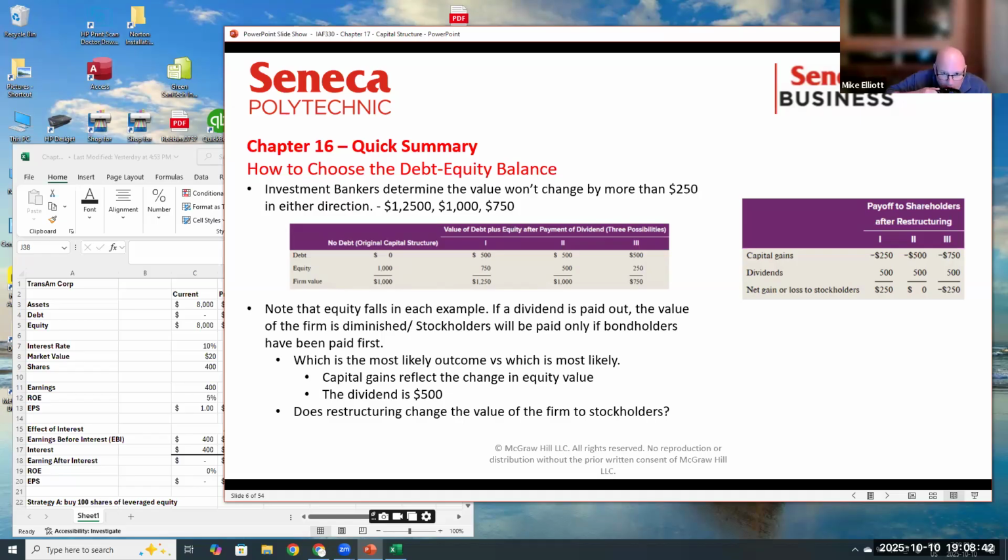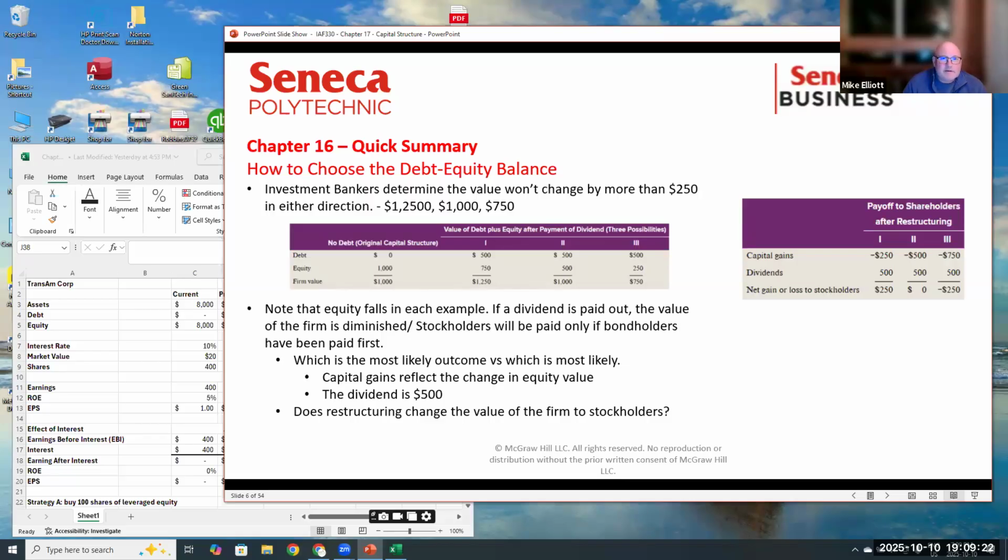Now either we're now worth $1,000 where we have the $500 in debt. We paid out $500 in dividends. So that had to come out of the ownership of the company. That's the only way you can do dividends, right? It has to be retained earnings. And if it's retained earnings, it is part of the value of the company. So when you issue dividends or pay dividends, you are paying out part of the value of the company. And when we issued our $500 in bonds, we paid out $500 in dividends, and that dropped our equity to $500. So we're still worth $1,000. That's one possible outcome.